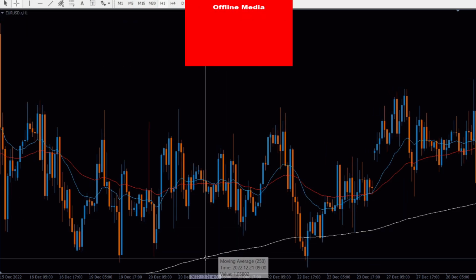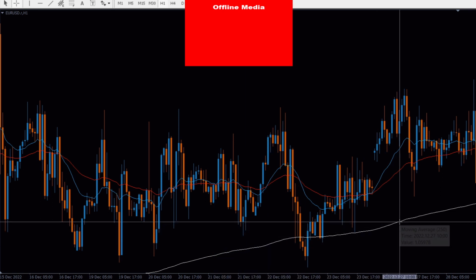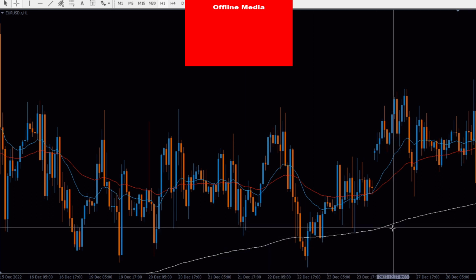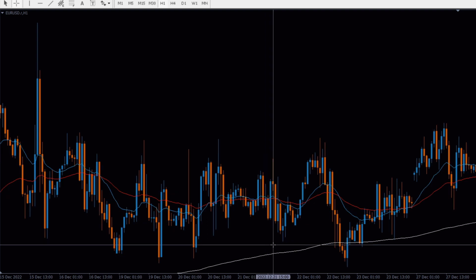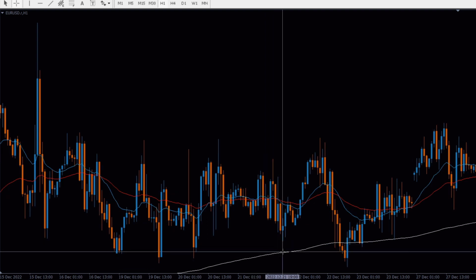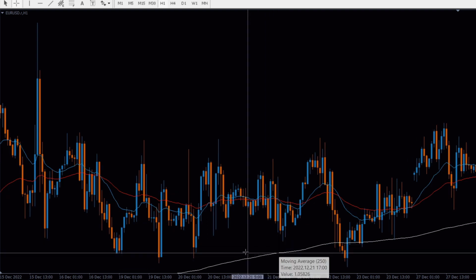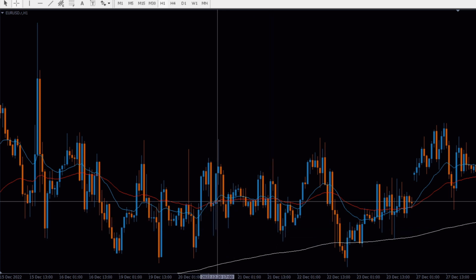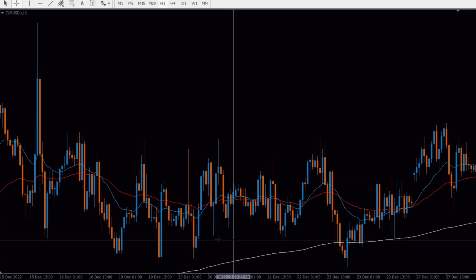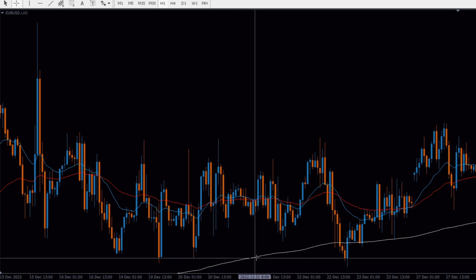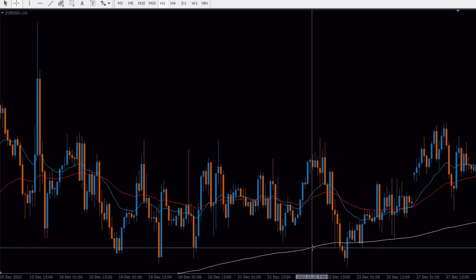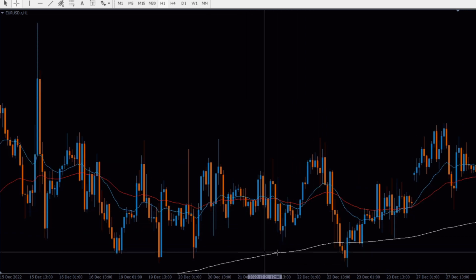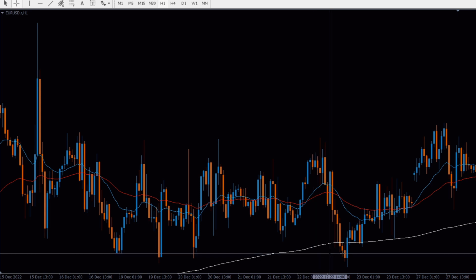And we also, as you can see over here, have a white 250 line, and this moving average you can basically use as a trading filter. So what we can say is that we only take a buy trade when the 20 crosses the 50 to the upside, and the price is also above the white 250 exponential moving average. So this is basically an additional filter,